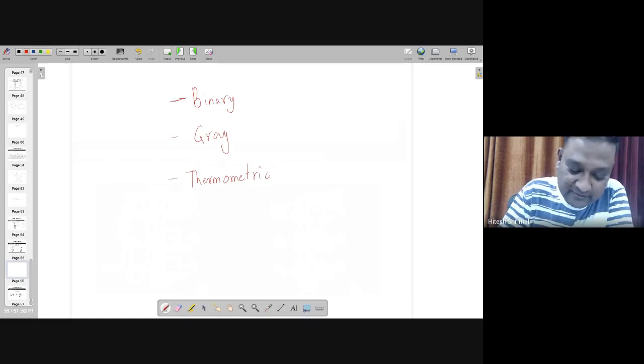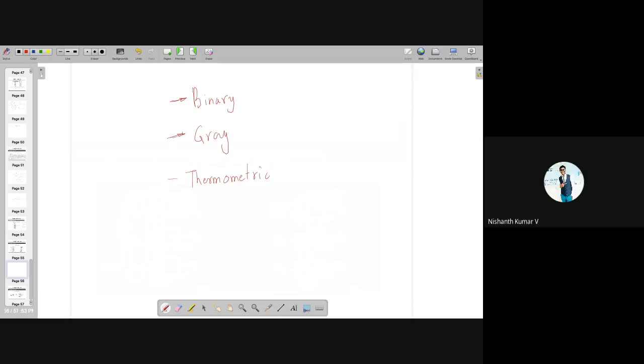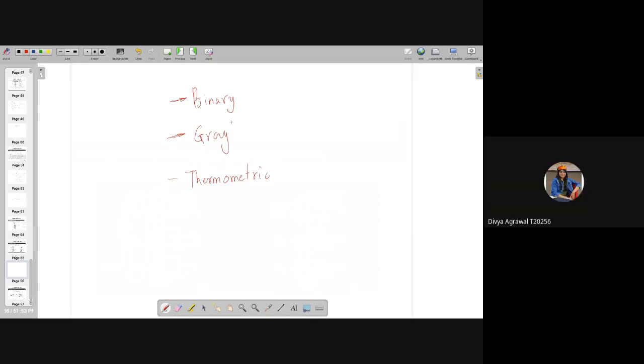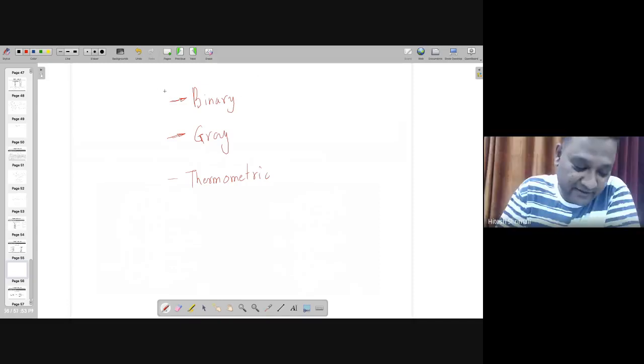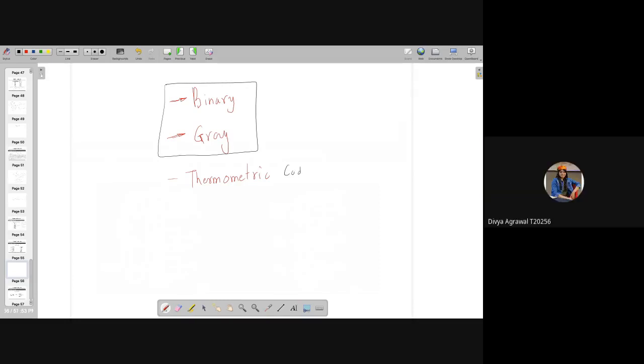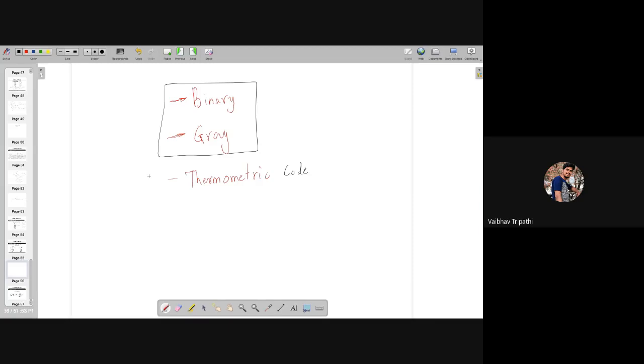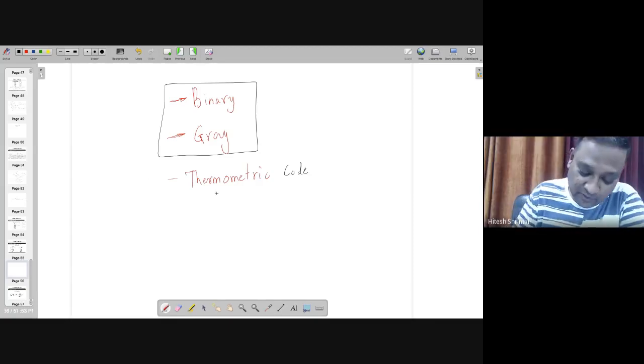You know binary, right? Binary and gray, we know, sir. Gray code you don't know, then please go through it. You know binary and gray, but you don't know about thermometric code, huh? Is it the fact with everyone or only with these MTechs? What about MTech CSP and BTechs? So don't know the term. Okay, so Raman, you don't know thermometric.